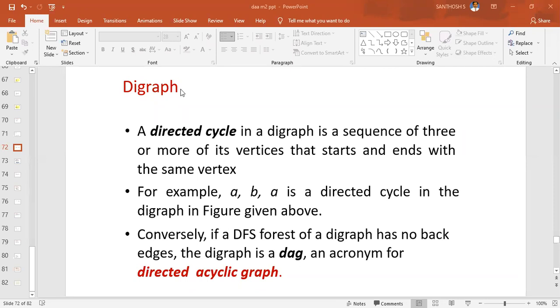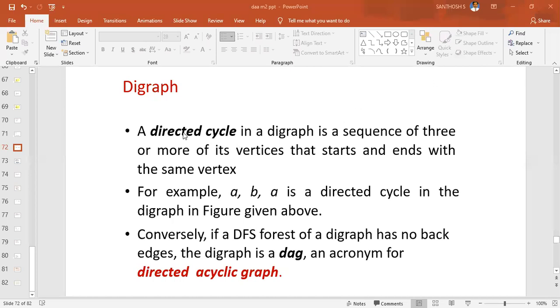I'm asking, in this concept, what is a cycle in a digraph? Starting and ending point are the same. Okay, it is somewhat okay. Magnetium has given the answer: starting and ending point are the same.